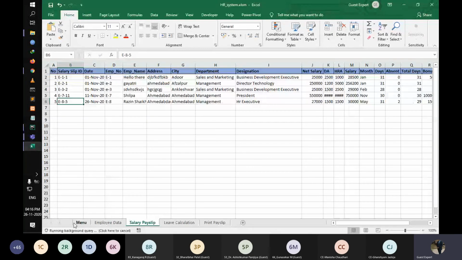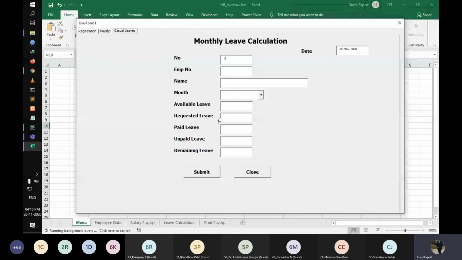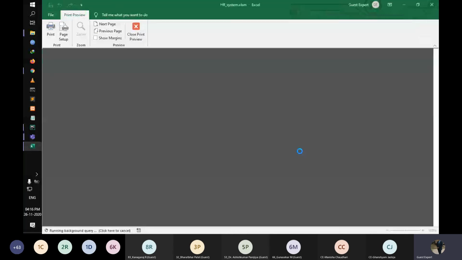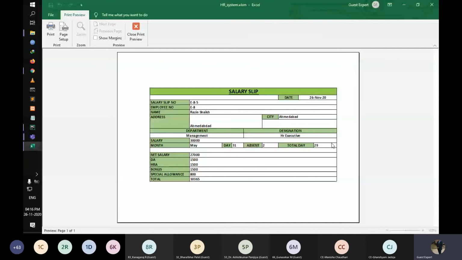Now there's another functionality here. You can also print salary slips. So when I go to pay slip and search by employee ID, it gives the name, and I search by month. Let's take May, and I click on search, and it populates all the data for that particular month. And when I click on print, as you can see, it generates a print slip, and I can just print it directly.